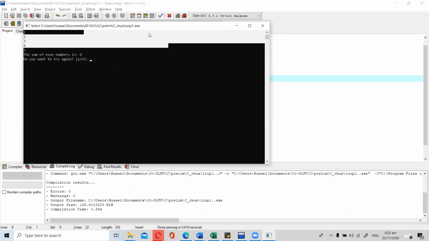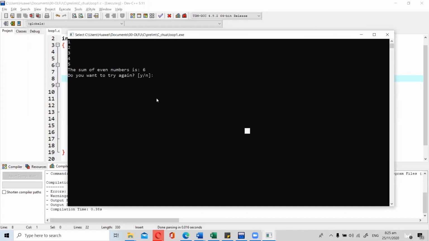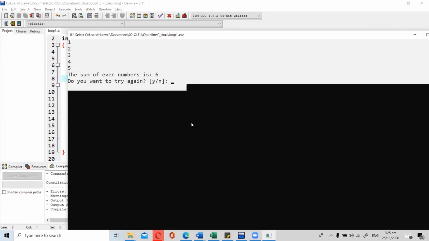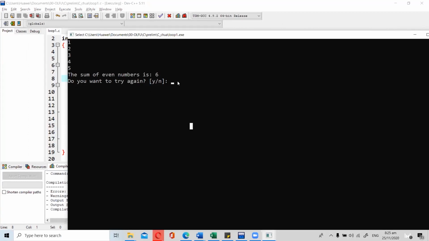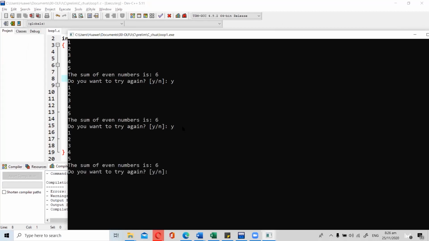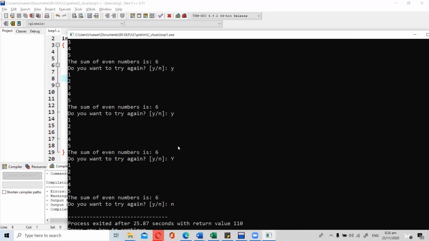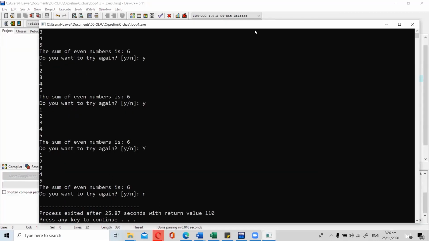Okay, so if you notice here, guys, there is a prompt here: do you want to try again? If I click yes, it will display the same program. See, did you get that? So yes again, it will display another one. Capital Y, so it will display another program. If I press N for no, it will end the program. Now just to make this